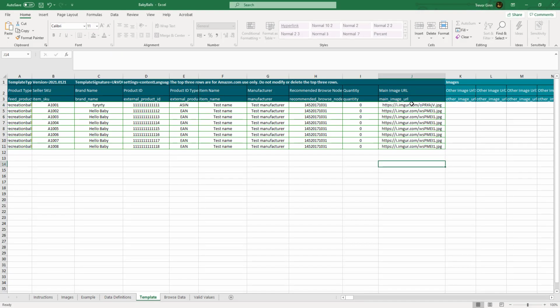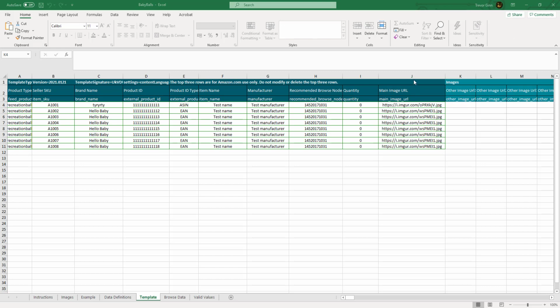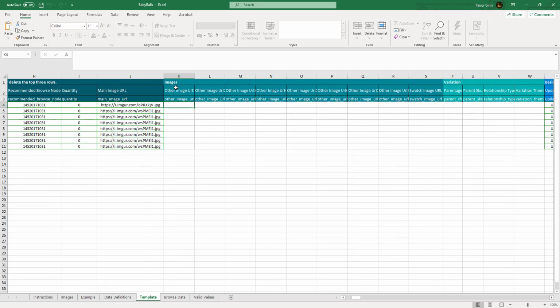into your spreadsheet. The fields A to J on this spreadsheet are the required fields, and you can see they're in this emerald green color. The fields to the right are the optional fields. The first set of optional fields are additional images. Adding additional images to a listing can really improve its conversion rate and also give more information to your customers, so they're very much